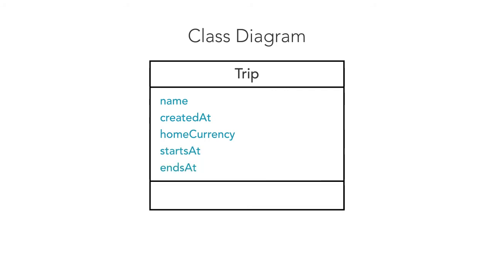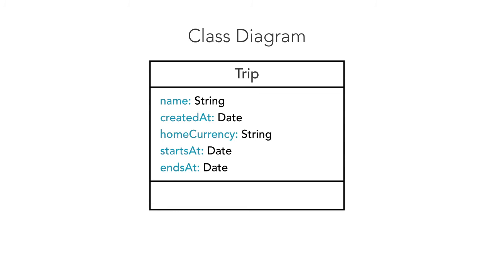It's also useful to specify the type of the attribute. We can do that by writing the data type after the attribute's name separated by a colon. So here's our Trip class with the attribute names and types. Now, the data types need to be adjusted to whatever programming language you're using. This example makes perfect sense in Swift. For Objective-C, you may want to use different types, like NSString instead of String and NSDate for dates. But even if we leave it as it is, nobody will have issues understanding that you refer to a string or a date or an integer.